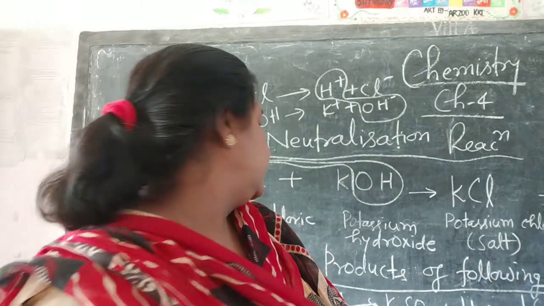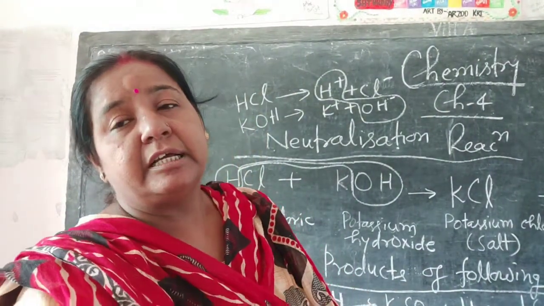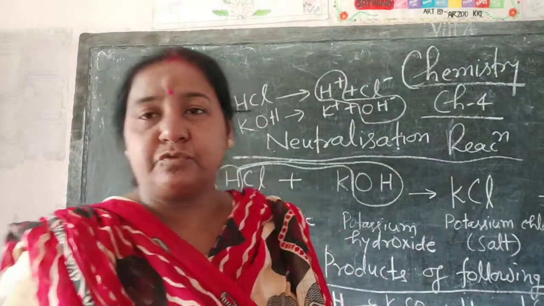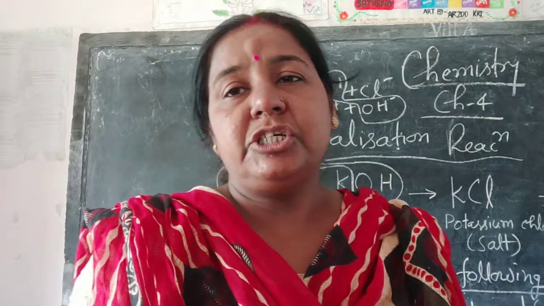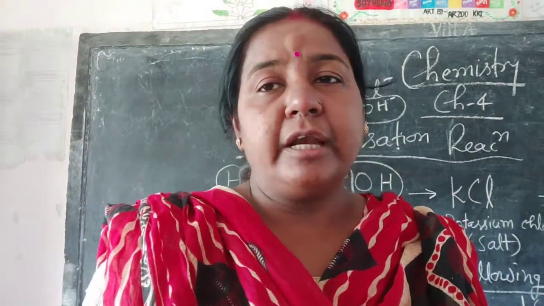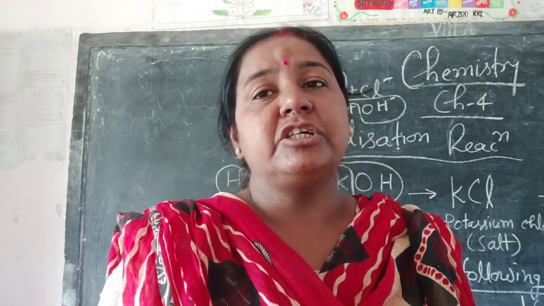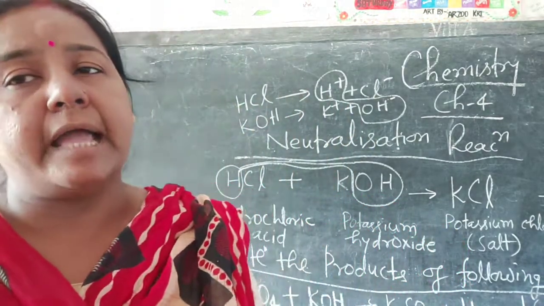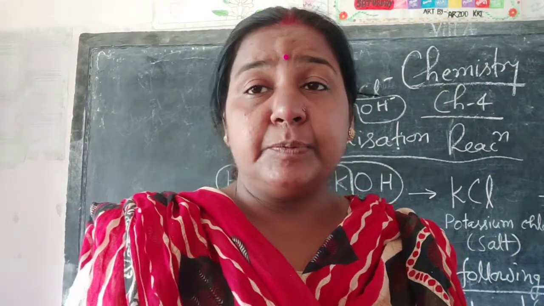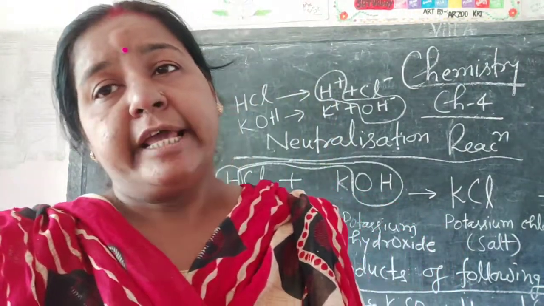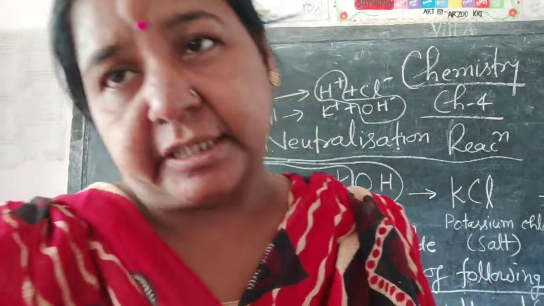Now we see the four reactions, we see that acid reacts with base to form salt and water. Now this is the neutralization reaction, because in all cases we see that hydrogen ion of acid neutralizes the hydroxide ion of bases to form salts, and the neutralized product, that is the water. So acid base reaction is called the neutralization reaction. Understand?